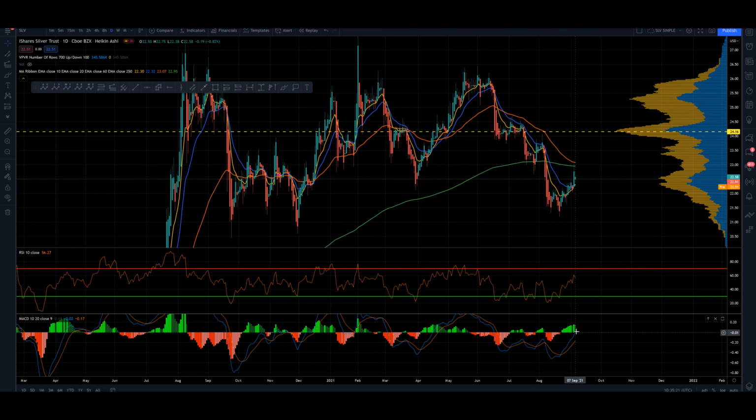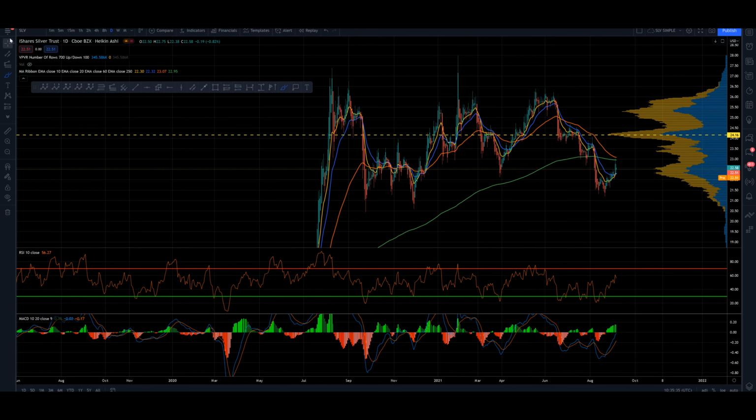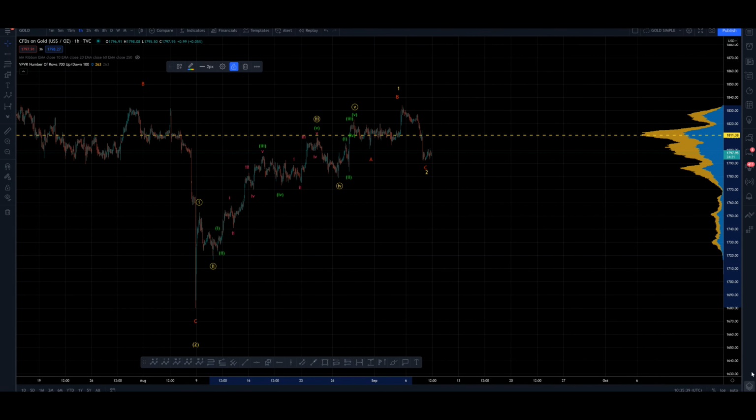So maybe if we swing down on the MACD into something like this, and we get low, higher low with that further move down, and we see the same in the RSI, we can start expecting a reversal back to the upside. Alright then guys, that is silver. So a quick basic analysis now of gold, and then we will wrap up the video.